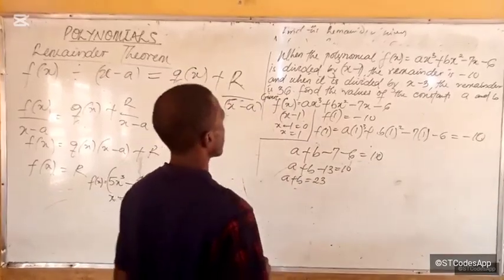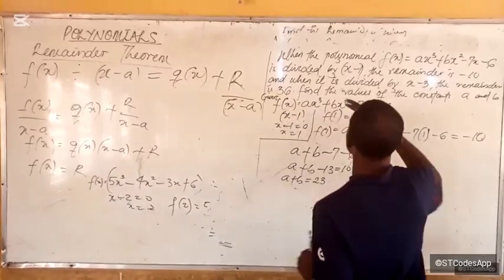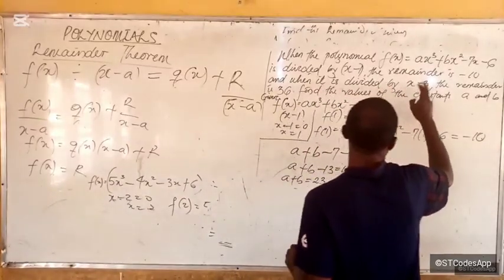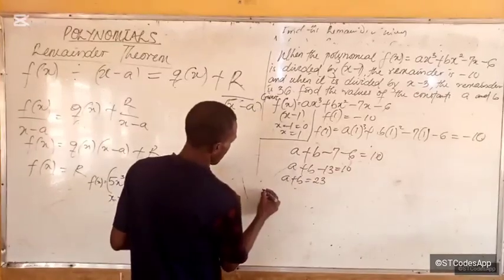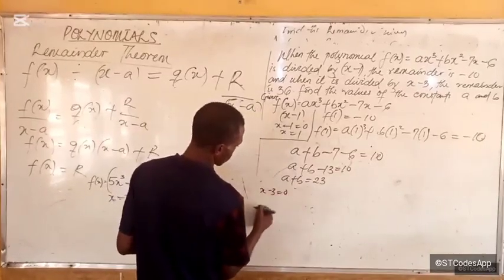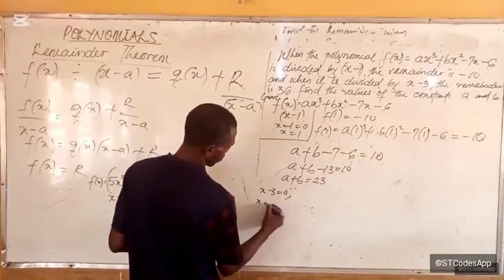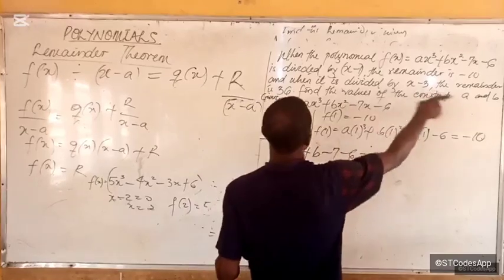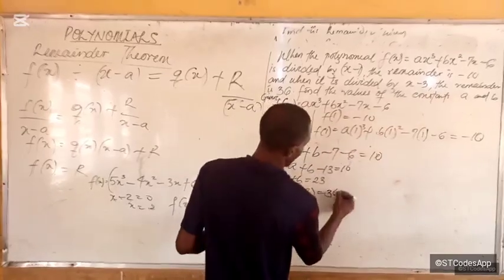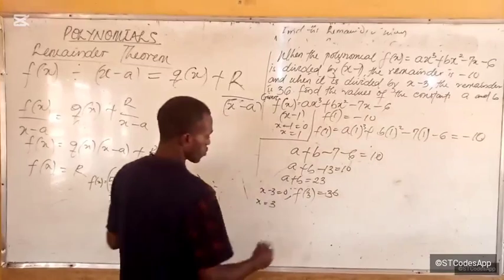All right. Then it says, and when it is divided by x minus 3. So in the same way, we'll say that x minus 3 is equal to 0, and x will be equal to 3. So we'll look for f of 3. F of 3 is said to give us what? The remainder is 36. F of 3 gave us 36. So it means that